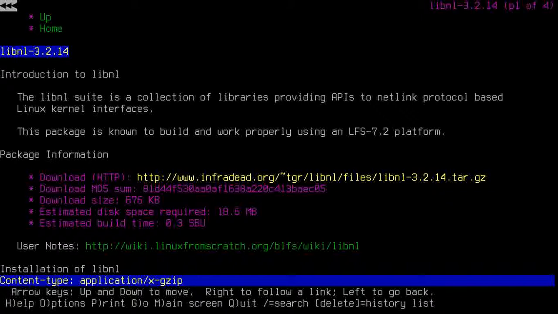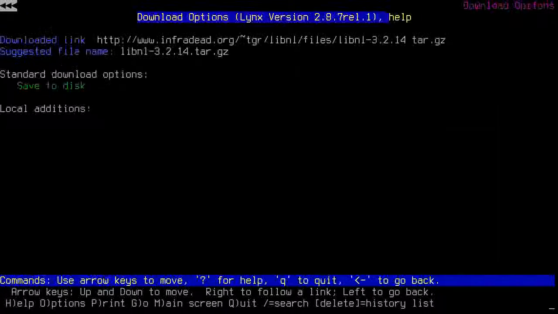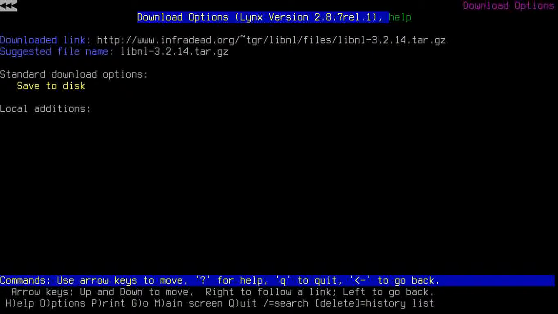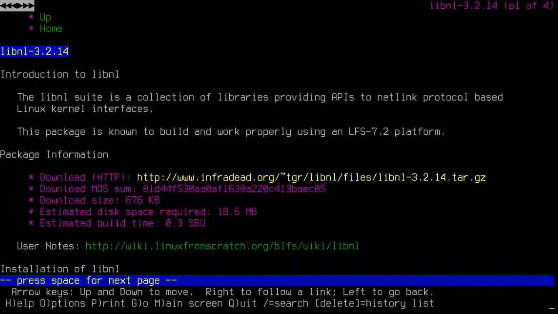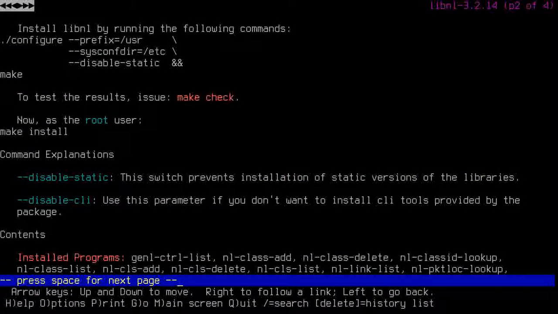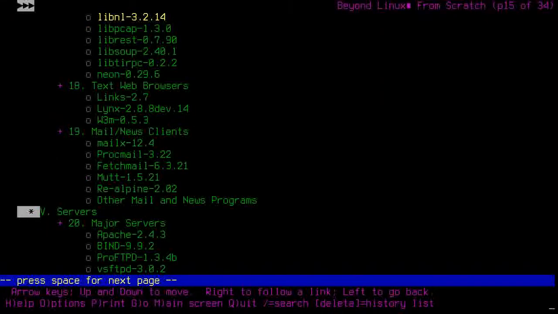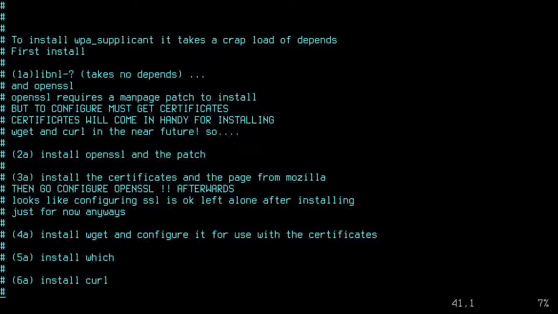Okay. And I want to download it. Save to disk. That's the name, and that's it. Any patches? No patches required. Okay. Good deal. Next, let's say I need to get